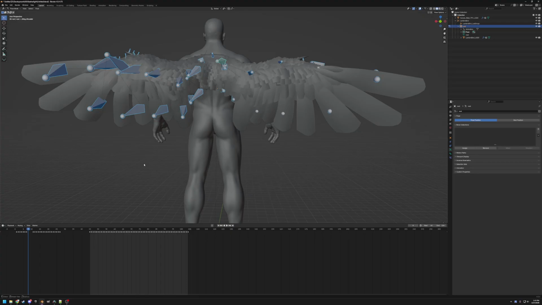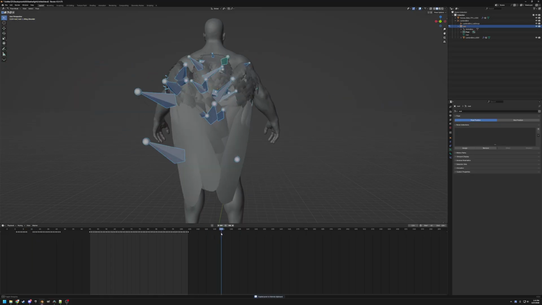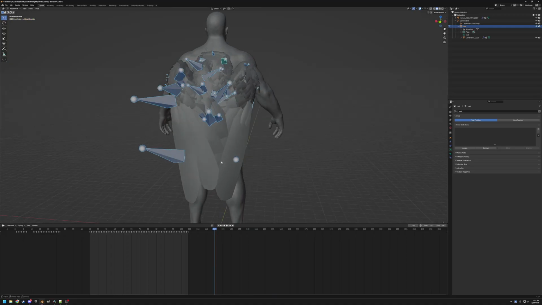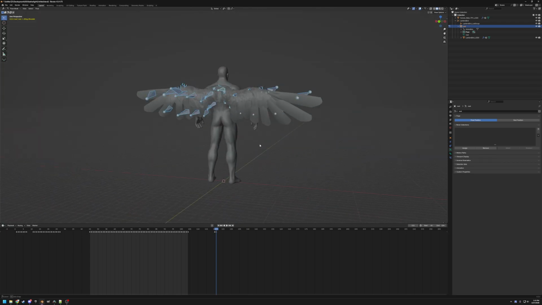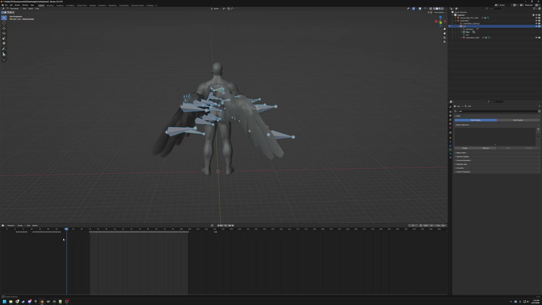Can I just copy pose? Thank you. And then I'm going to, oh, whoops. There we go. So that's the gliding pose, and then we will need a diving pose,